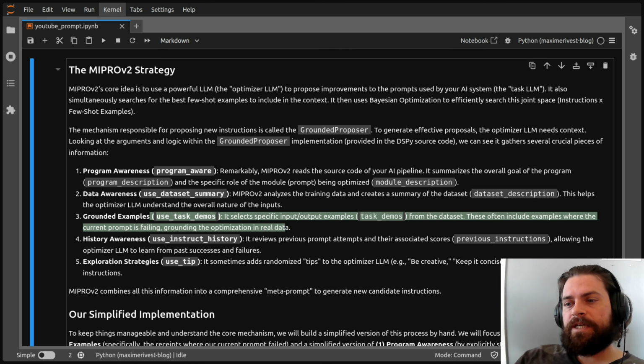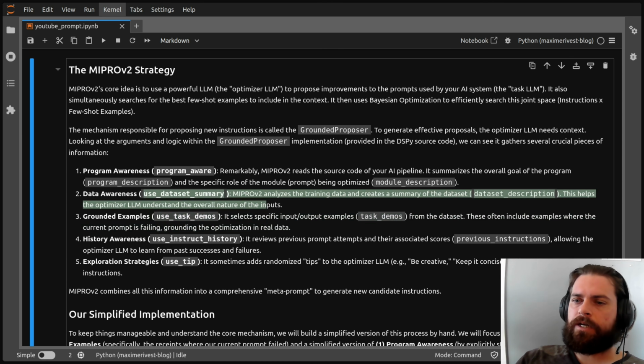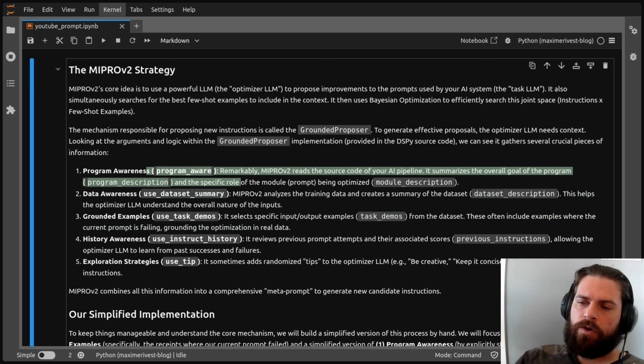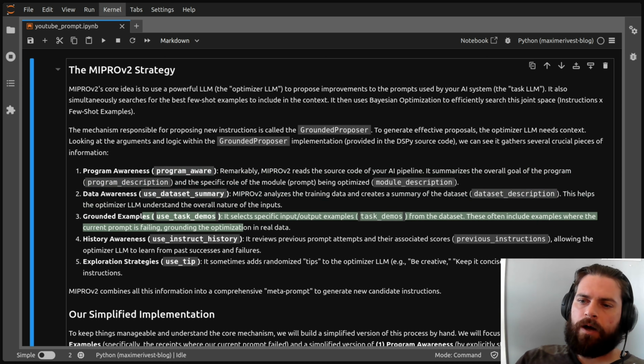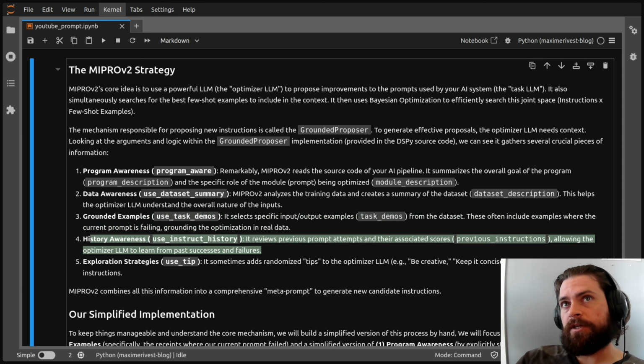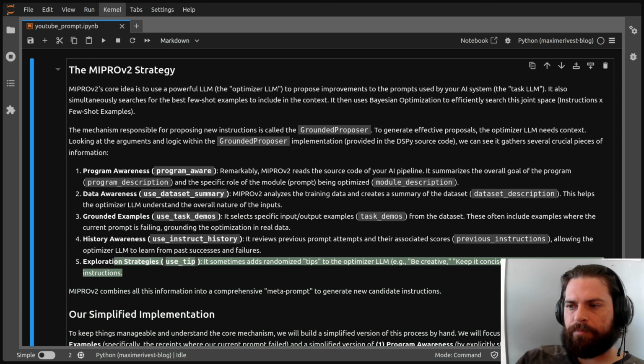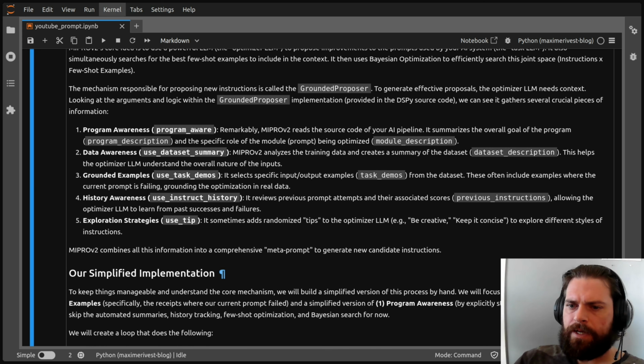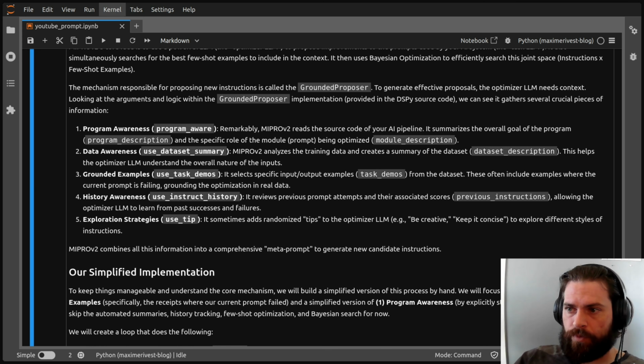Then we can actually give a few examples to the proposer. We give a summary of the data set, a summary of the program. We give some examples. We can also give it the history of the instructions we have tried in the past and a small tip. So they have a set of tips. Sometimes it's be creative, keep it concise, so on and so forth, so that it tries in different directions. And then what this proposer LLM does is that it looks at all this information and it tries to